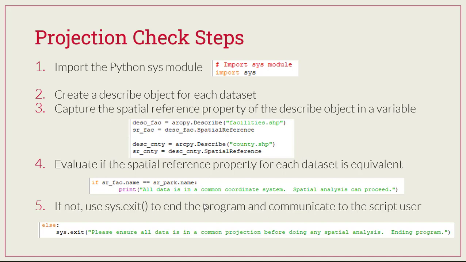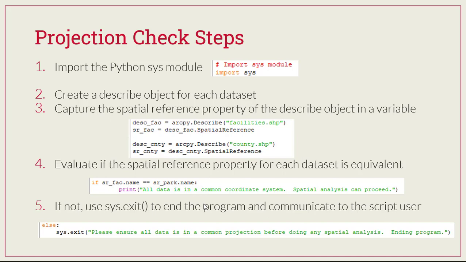You then have to create a describe object for each of your data sets and capture the spatial reference property of the describe object in a variable. So for our example here, we're going to create a variable called DESC_FAC. So our describe for facilities is going to be equal to arcpy.Describe, and then you put the data set in. So our facilities.shape. So that's creating the describe object where it has all of our properties now on our